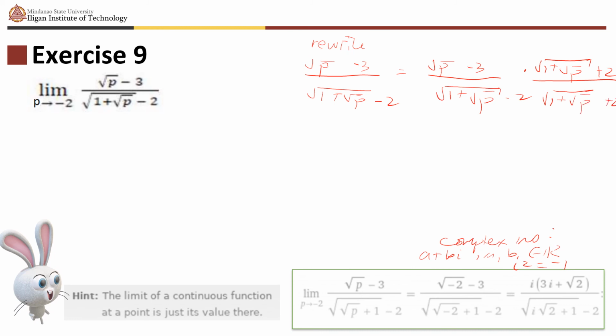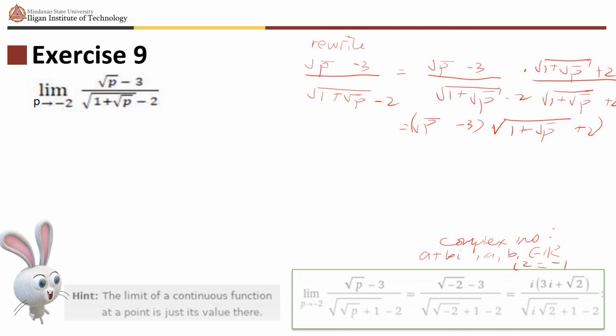So that should give us the square root of p minus 3 times the square root of 1 plus square root of p